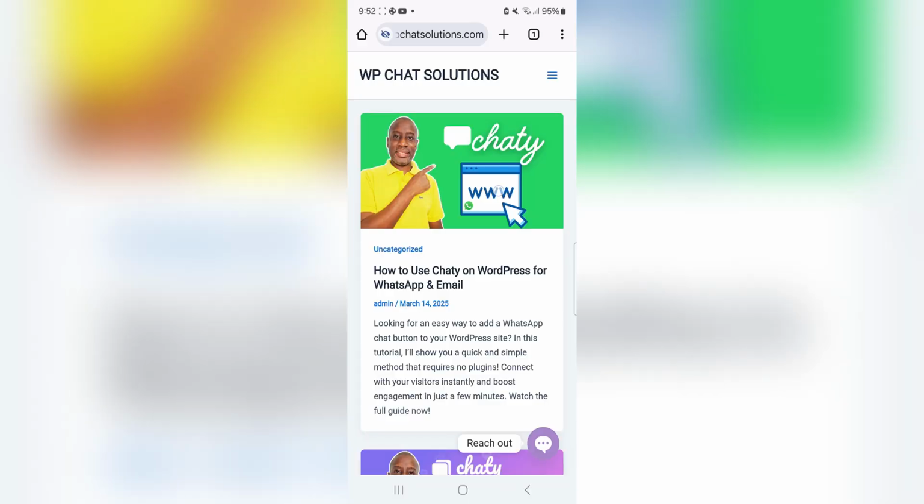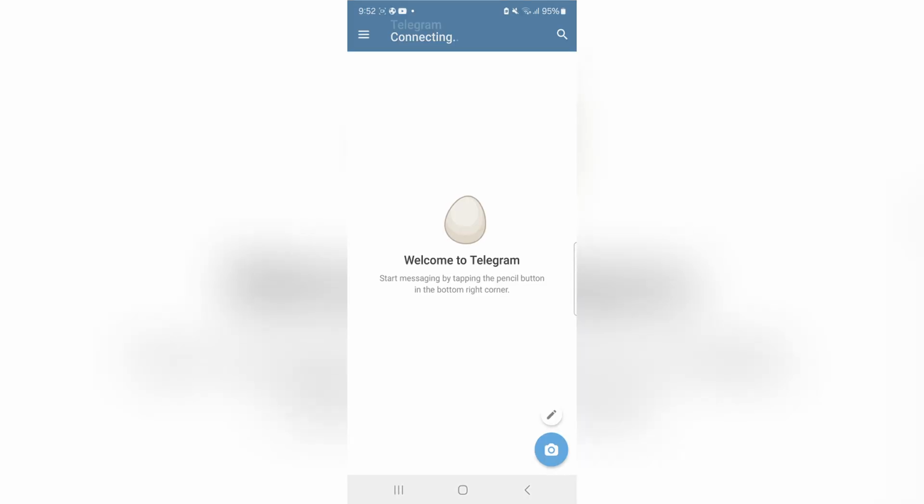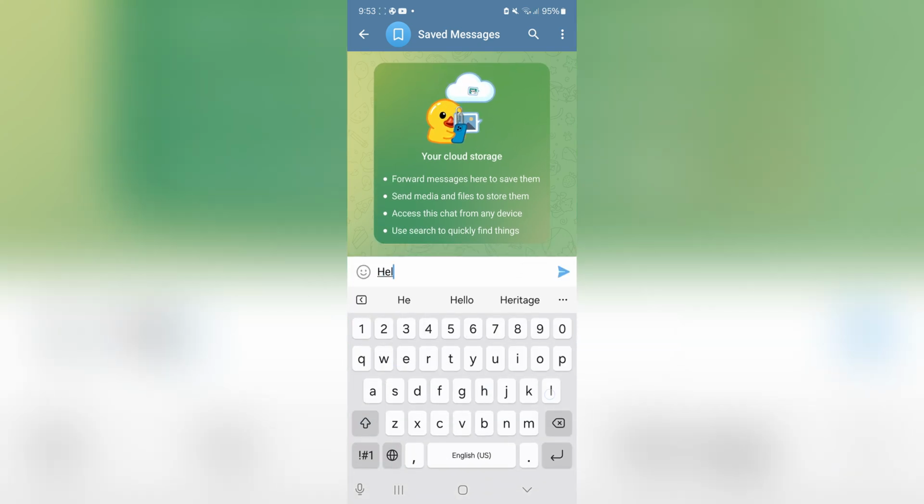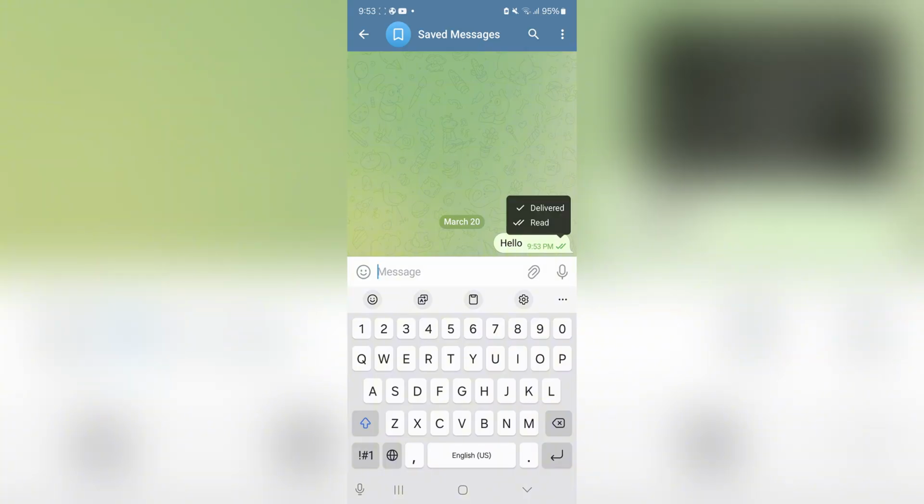So to prove that this is working, I'm just going to refresh my website on mobile device, and I'm going to touch the call to action and open up the Telegram channel. And as you can see, it opens up in Telegram and I can send a message here. I have sent the message now. So as you can see, that is how you connect Telegram to Chaty plugin in